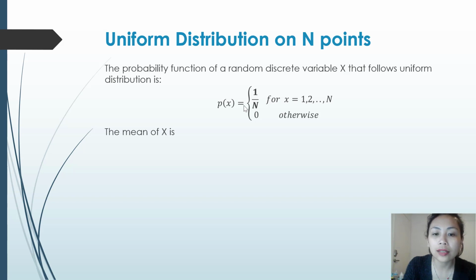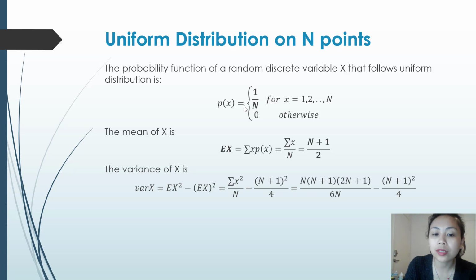The mean of x, E of x, is the summation of x times p of x, and this is the summation of x over n. So the expected value of x is (n plus 1) over 2. And the variance of x is E of x squared minus E of x, whole squared. So the variance of x is (n squared minus 1) over 12. This is using the techniques we learned from the last lesson, how to compute the average, the expectation, and the